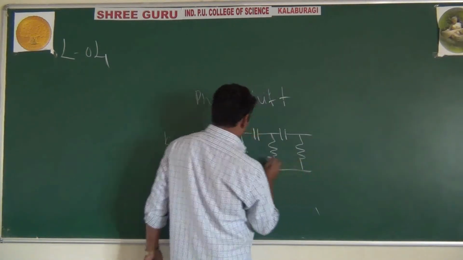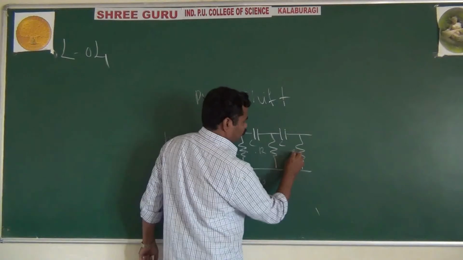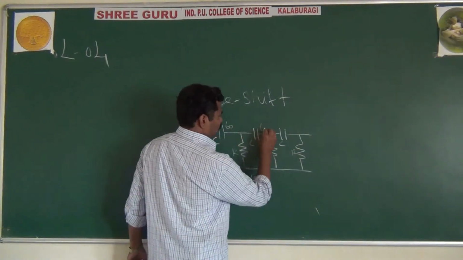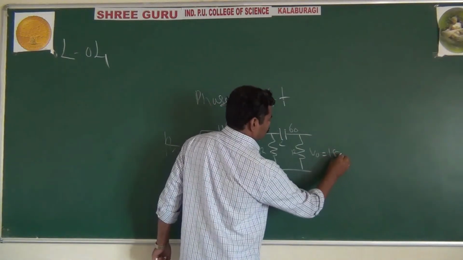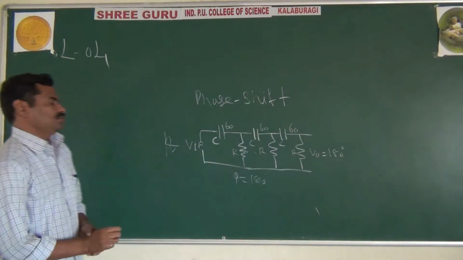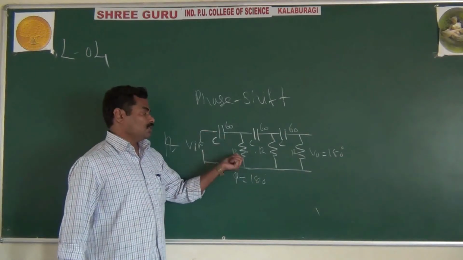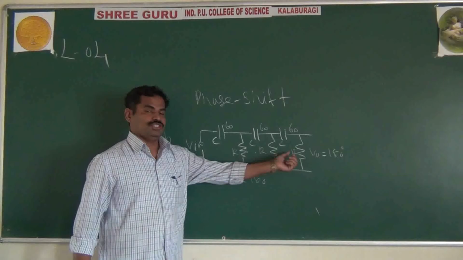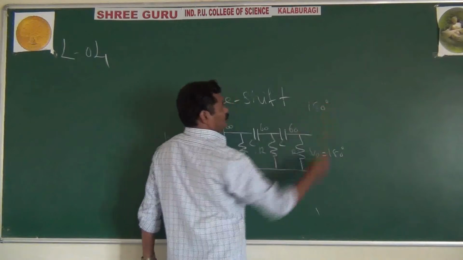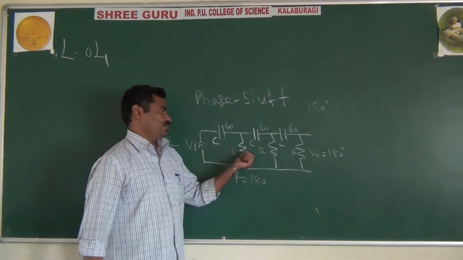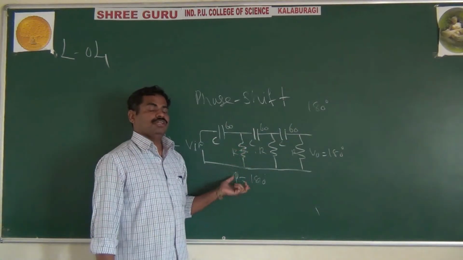And here this is C, R, C, R, C, R. Each will give 60 degree, 60 degree, 60 degree, and in the output you may get 180 degree. In every oscillator we prefer the three RC networks, because each RC network will give a phase shift of 60, 60, 60. And actually we want a 180 degree phase shift. Each R and C section gives 60, 60, 60, and they will give a total of 180 degree. It is very simple and very possible.